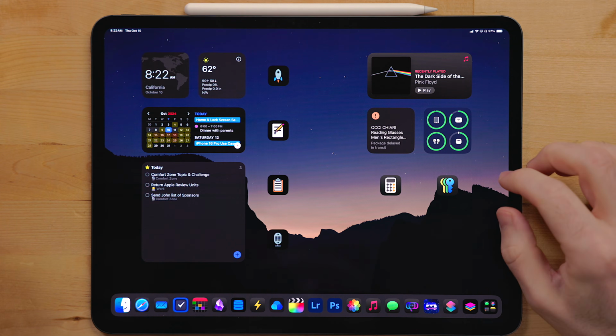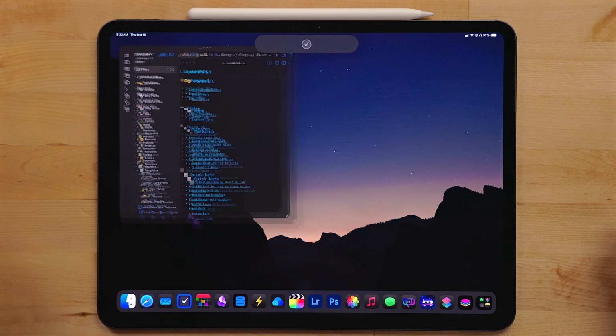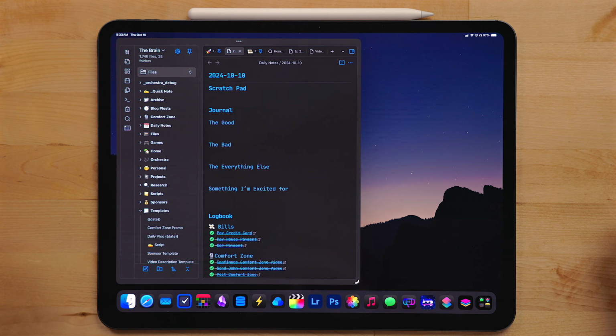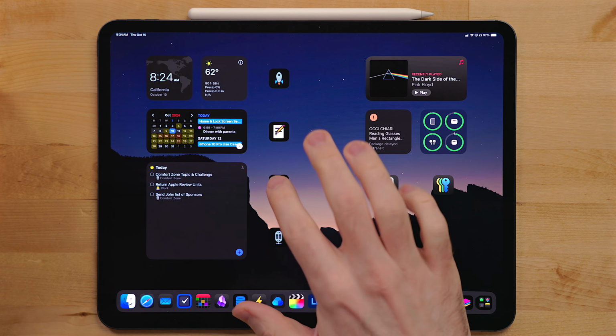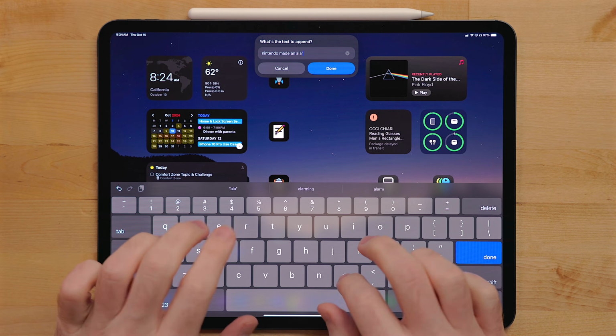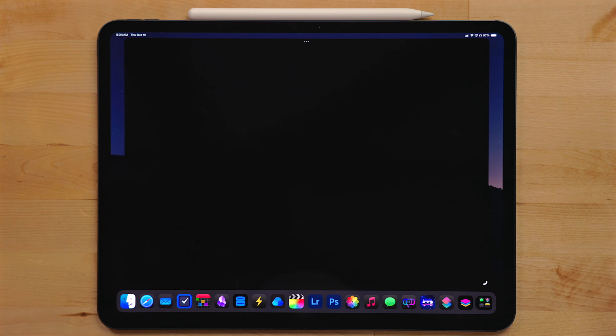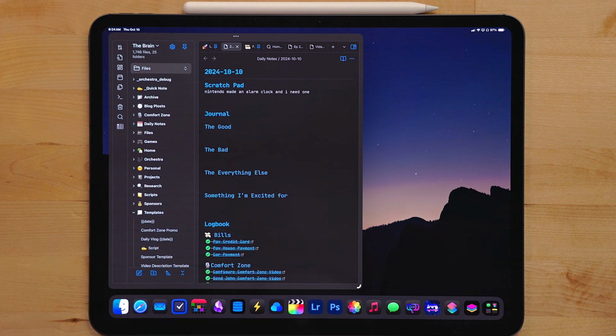The second shortcut opens my daily note. If a daily note hasn't already been made, it then makes it. I use daily notes as a scratch pad and a place to just kind of write out thoughts. The third shortcut appends text to the scratch pad area of my daily note. This is just for adding a little bit of text that isn't a full note or task. I use this like how a lot of people use a notepad or sticky notes on their desk.